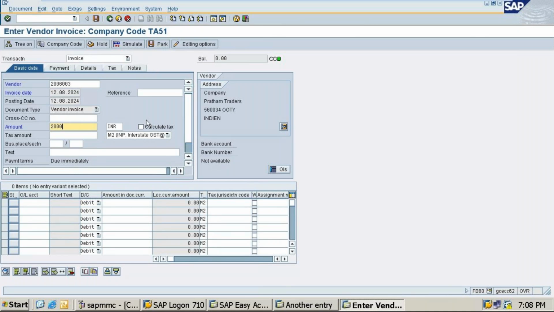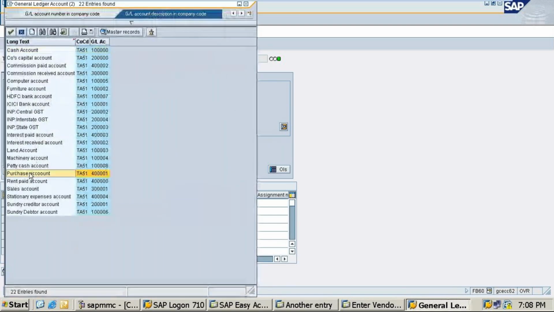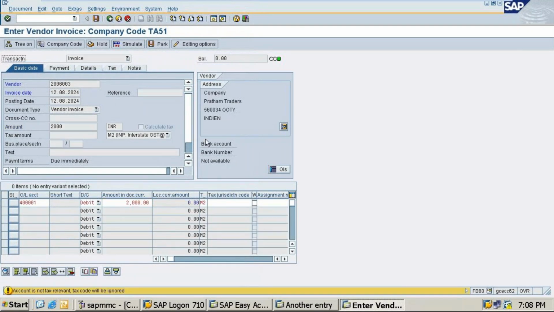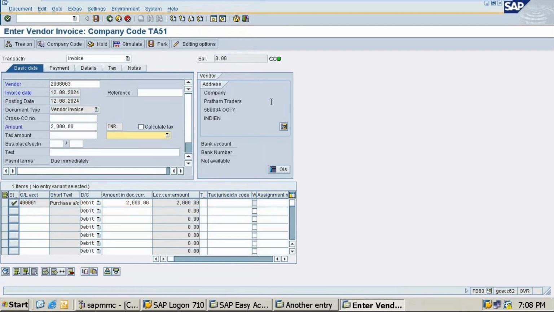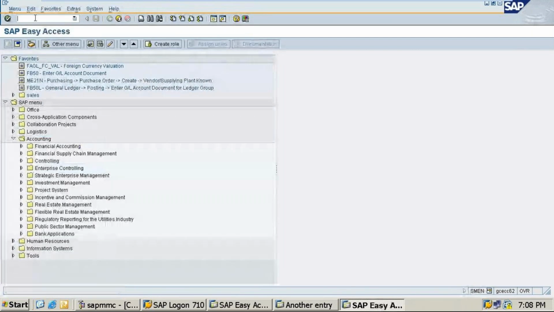This is for interstate I am doing, no? So only I am putting there. Okay, interstate. Now for the different state I am doing here, so I need to fill that one. So where you have to click on tax and select that. So just I am taking one small amount for this. So document was posted. Same procedure, only tax you have to go and fill that.